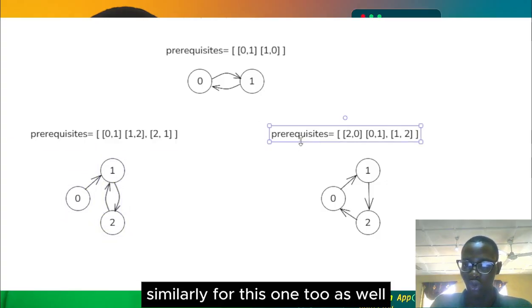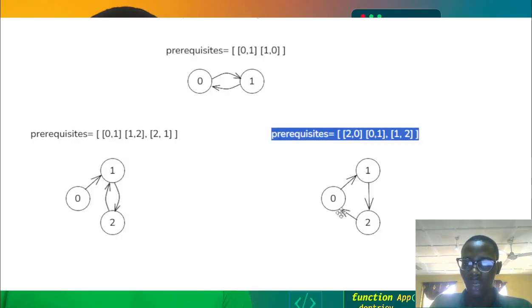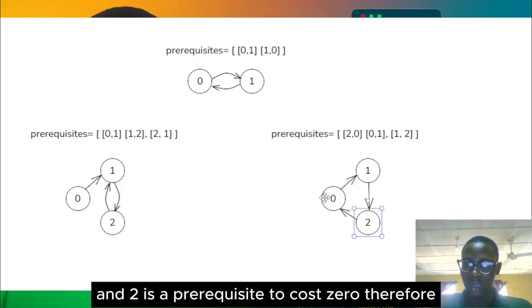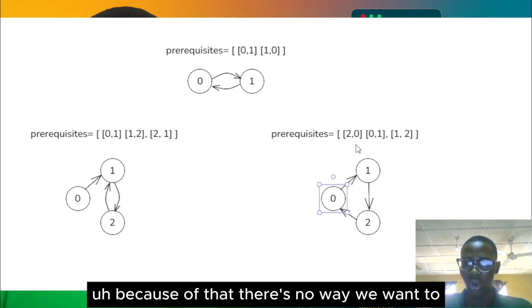Similarly for this one too, we see that 0 is a prerequisite to course 1, 1 is a prerequisite to course 2, and 2 is a prerequisite to course 0. Therefore, because of that, there is no way we want to